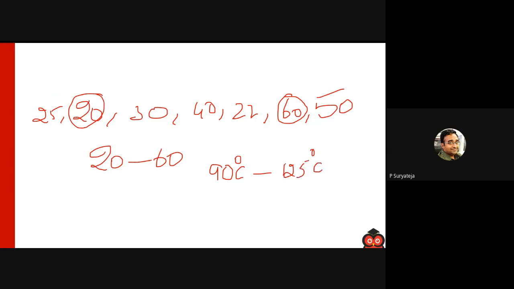It can only measure values from 90 to 125 degrees centigrade, and outside this range, it is not guaranteed that we will get the correct values.